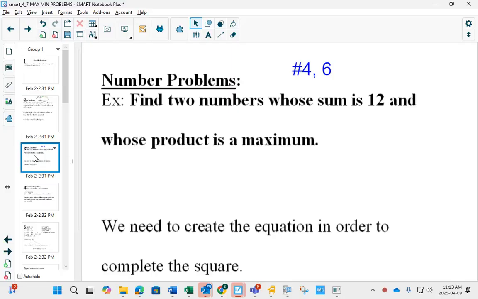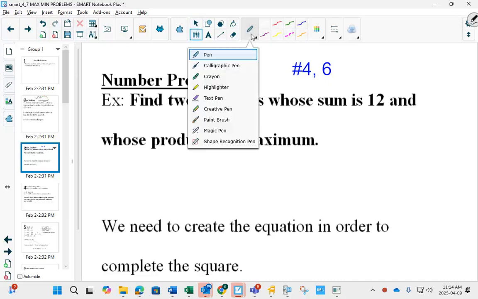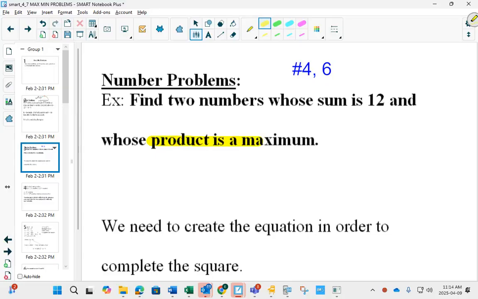Number problems where the equation's not given. So now we're going to look at how we set up the equation and how we figure out how to do this. Find two numbers whose sum is 12 and whose product is a maximum. So first of all, whatever you want to find as the maximum,